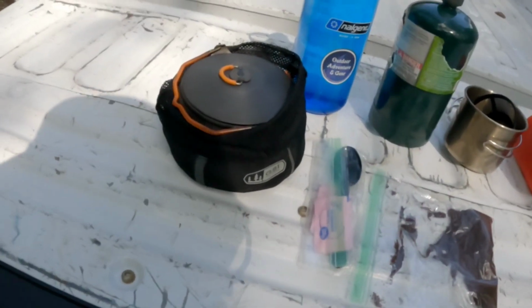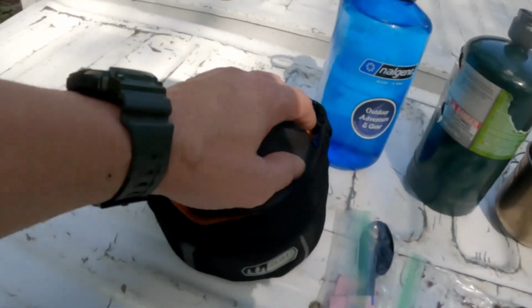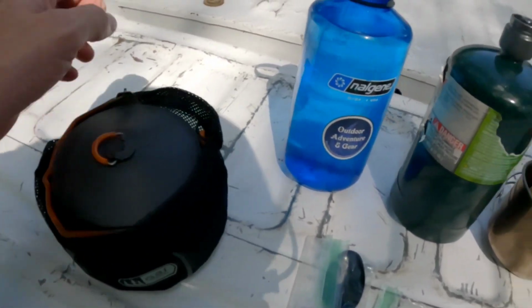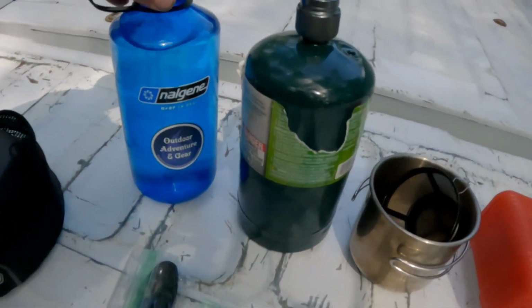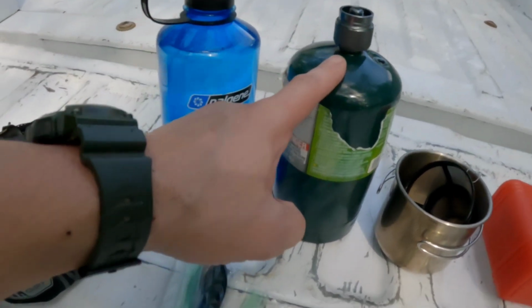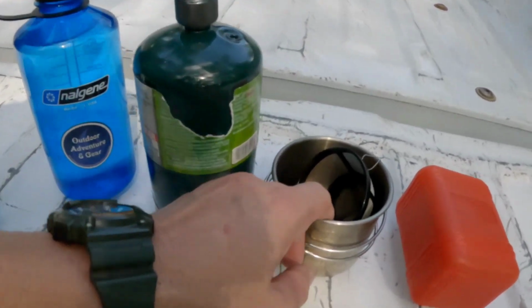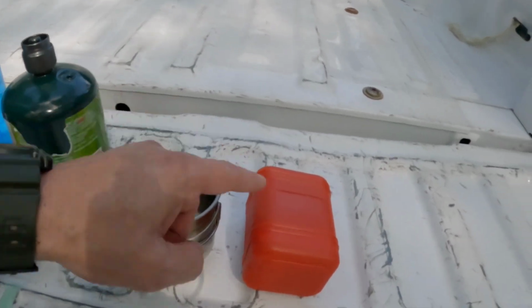Now, basically, I'm going to show you what I'm going to be working with. I'm going to be using my little GSI kettle that I've had for years. Love this thing. Should do a video on it. Of course, I have my Nalgene bottle with water. I have my propane bottle. I carry this when I'm doing camping and stuff like that, just because I don't have to worry about running out of fuel. Of course, my regular old stainless steel camp cup, my stove,